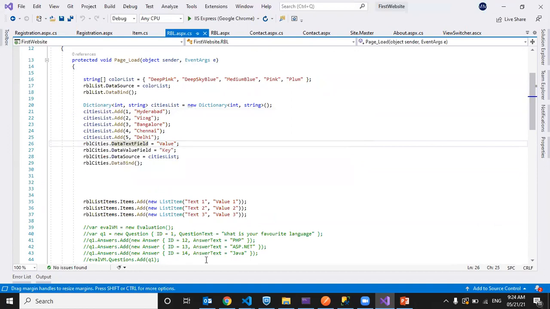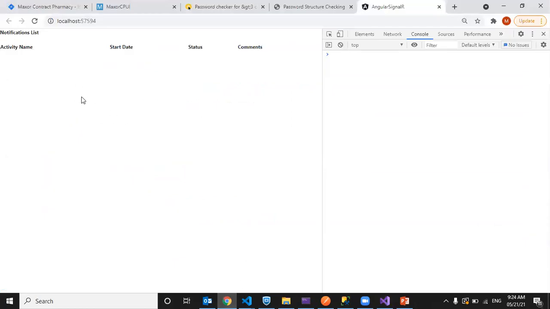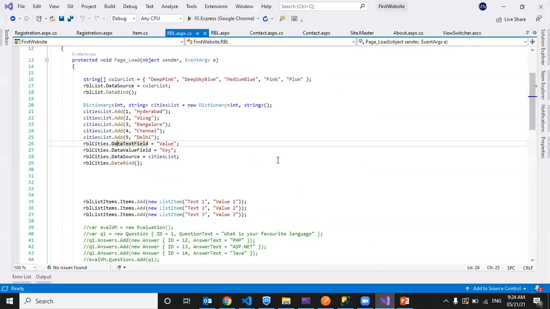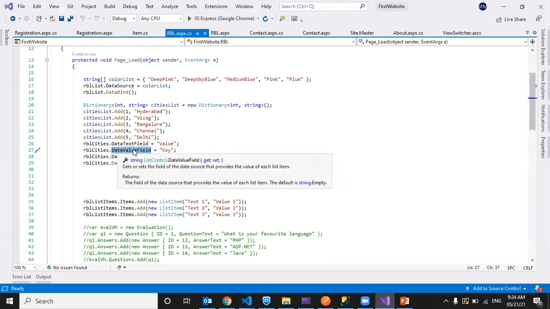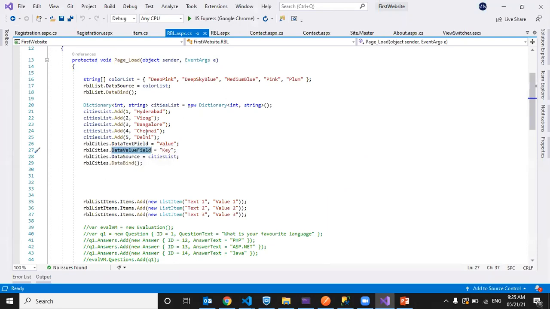The text field is whatever we see on the control when we run it, like tennis, cricket; that is called the text field. The ID field will be different, and we call that the value field. Generally, the value field will be IDs, and the text field will be text. We will see this example. I'll reverse it and show you why we use data text field and data value field. Same thing: data source and the data bind method.